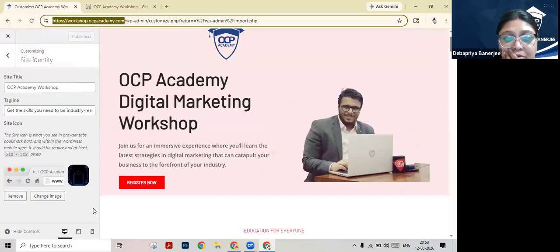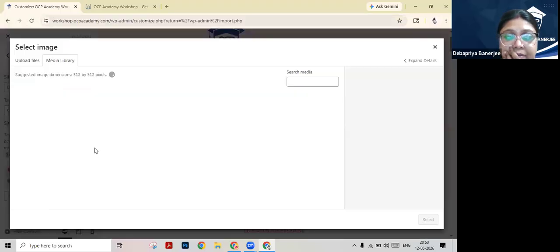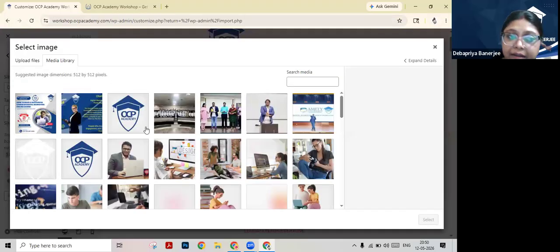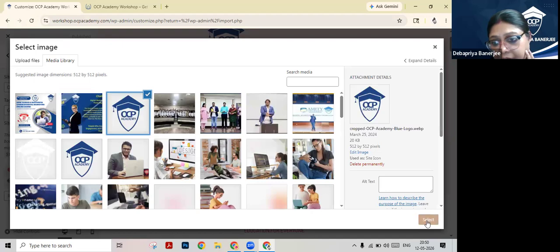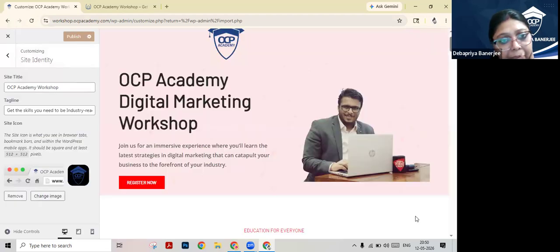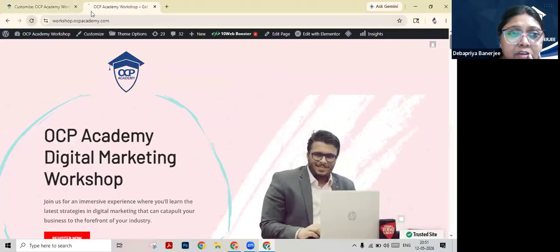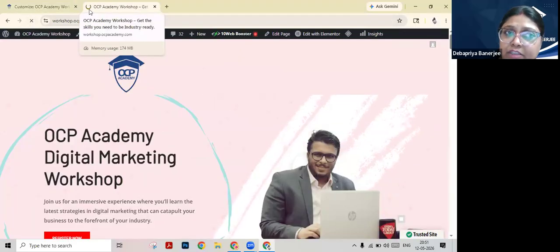So if you need to change the site identity, you can change it from here. Any changes you make, after that if you just click on publish, automatically the image will change here.